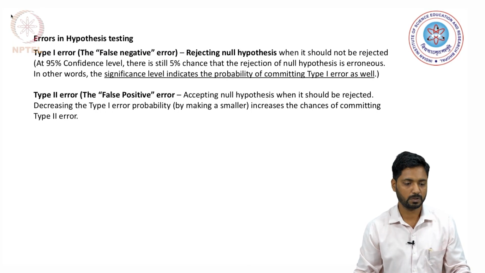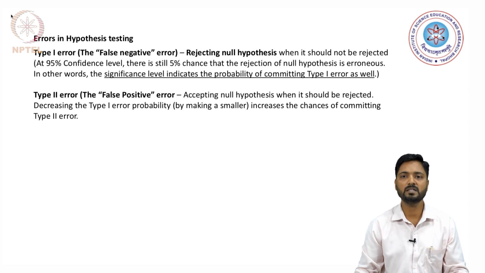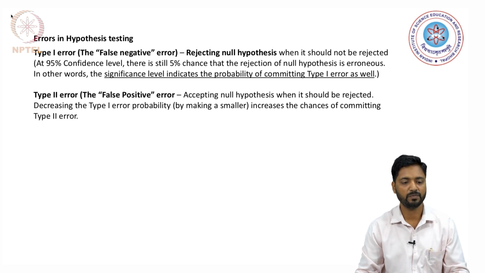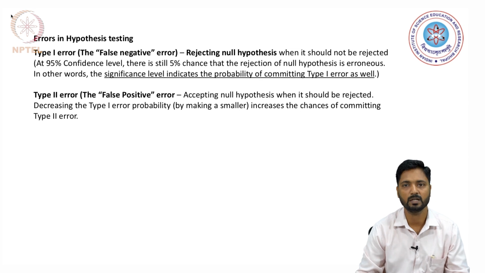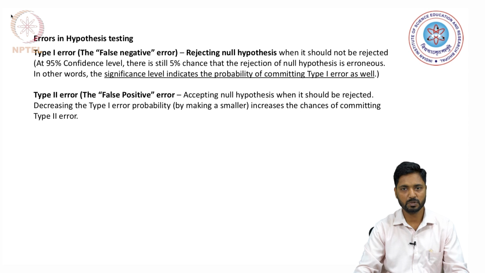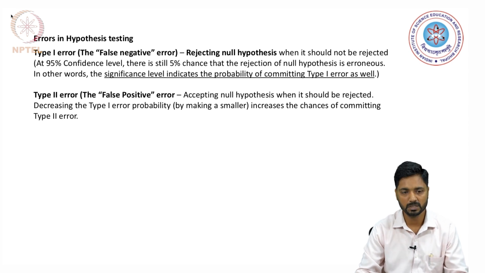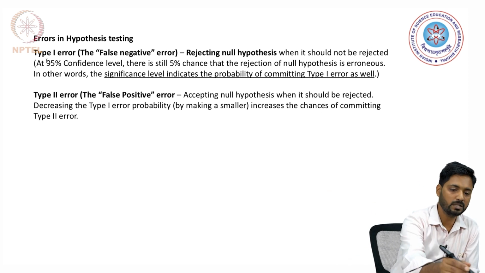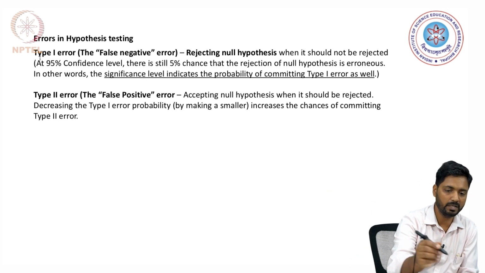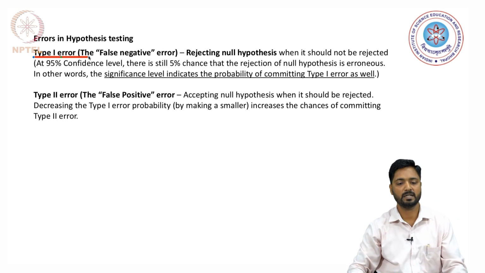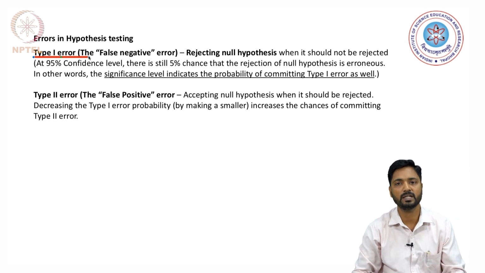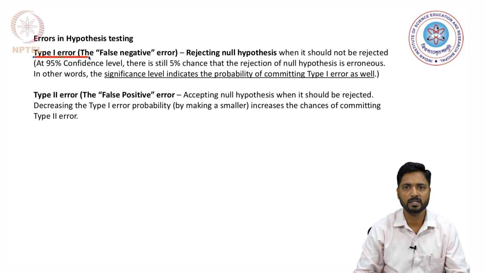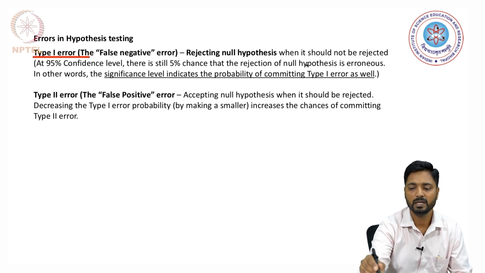Now let me talk to you about the errors that can creep in when we do our hypothesis testing by applying the T or Z tests. There are two types of errors that we can encounter while making our inference. The first one is known as the type 1 error, and it is also known as the false negative error. And what it means is that we are rejecting the null hypothesis when it should not